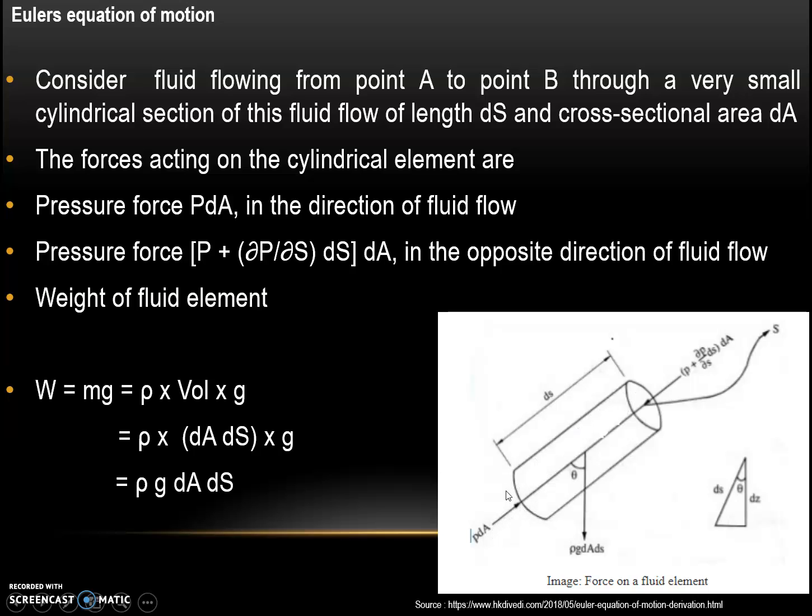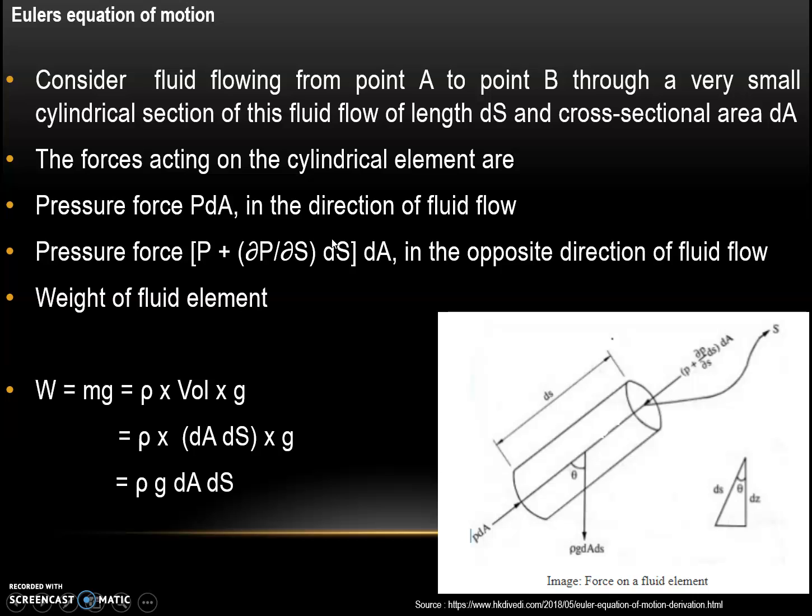The first one is the pressure force, that is P into dA, which is acting along the direction of fluid flow. And the other force is the pressure force P plus the increase in pressure along length ds, that is dou P by dou S,